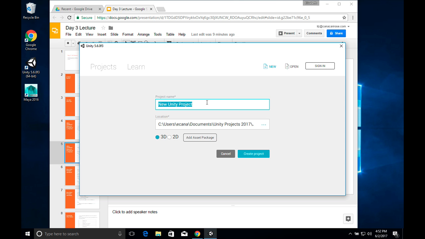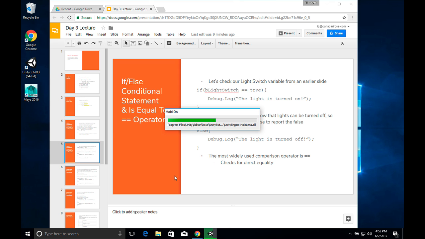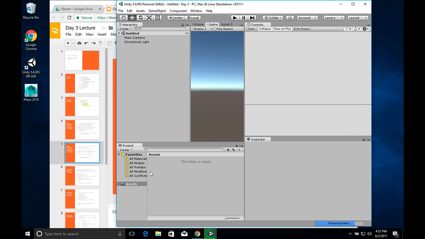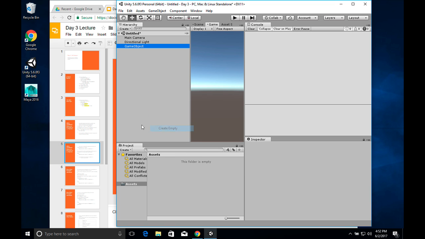New, and this is going to be day 3 project. Now when we're doing this, we have to make sure we remember to actually create the bool before we check for it. So create our empty object,